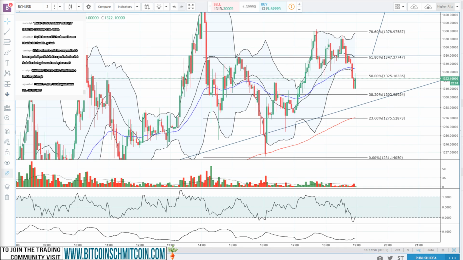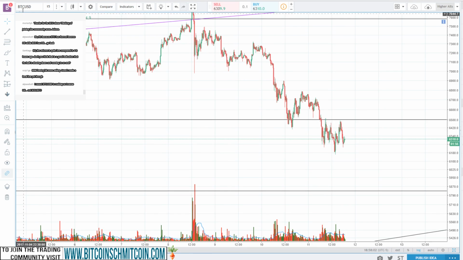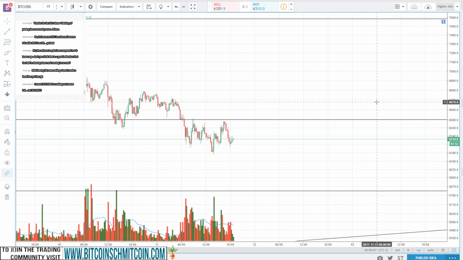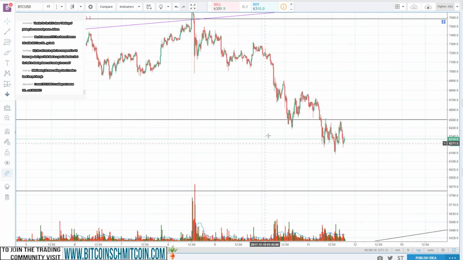I meant Bitcoin USD is making the inverse head and shoulders. That's what I was just looking at. This is Bitcoin USD. See? I don't know where you see an inverse head and shoulders. Unless you're calling this the head of an inverse head and shoulders, which I'm not really sure how you're justifying that, but